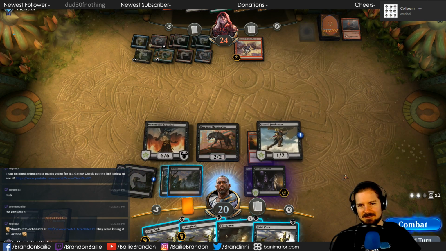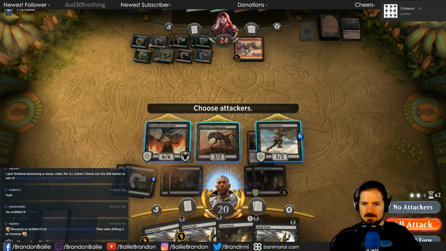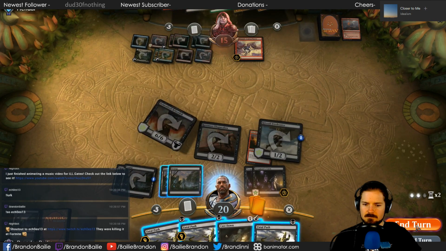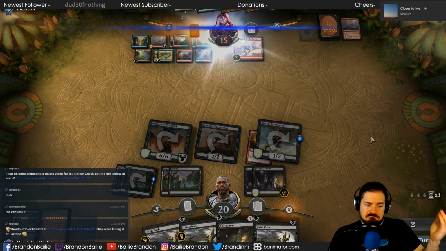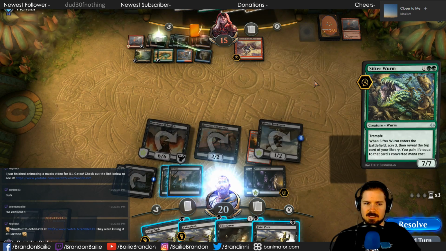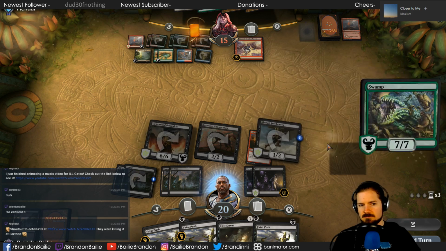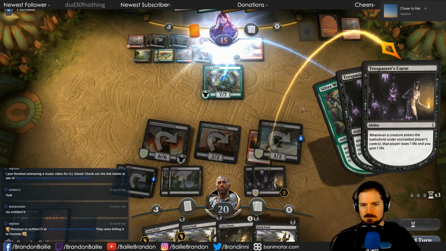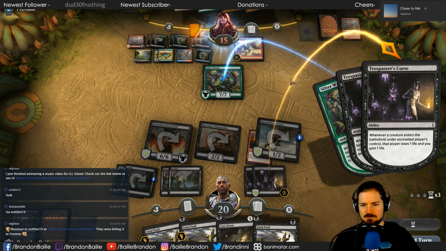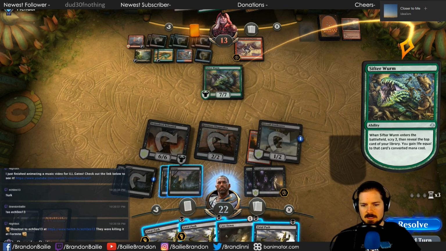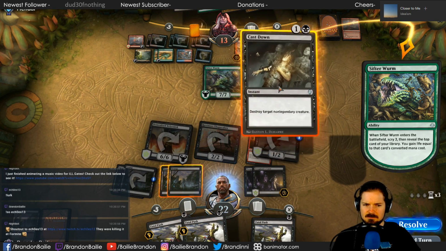This is so silly. All right. I mean, this is gonna suck if he gets it back. Star of Extinction. Sure. Yeah, another little Sifter Worm. Gain 2 life, you lose 2 life. And then, yeah, he's gonna resolve that. Can I just Cast Down it?